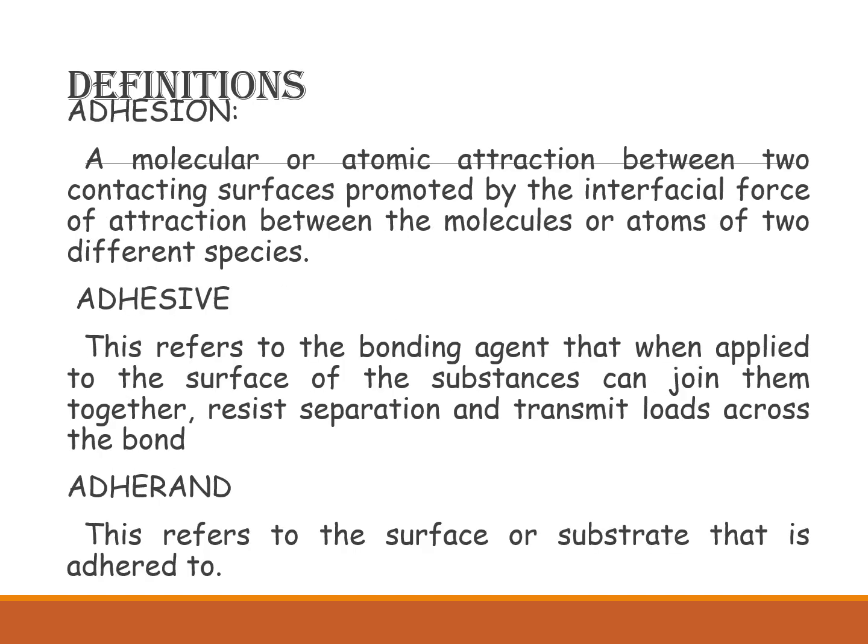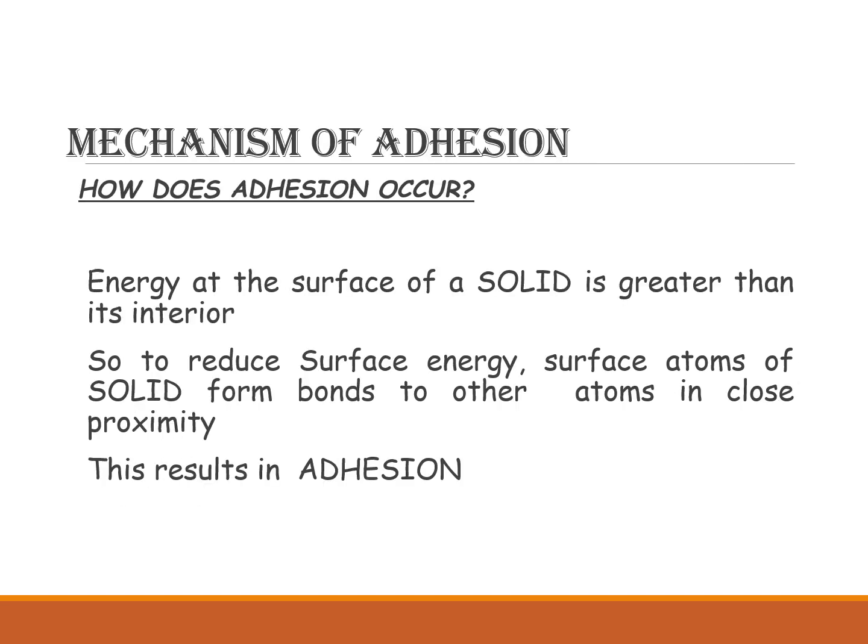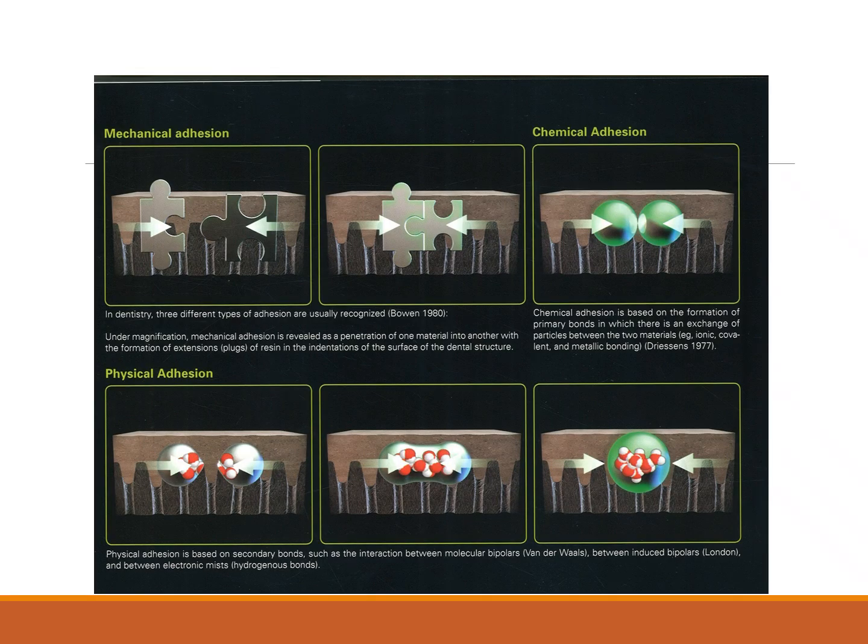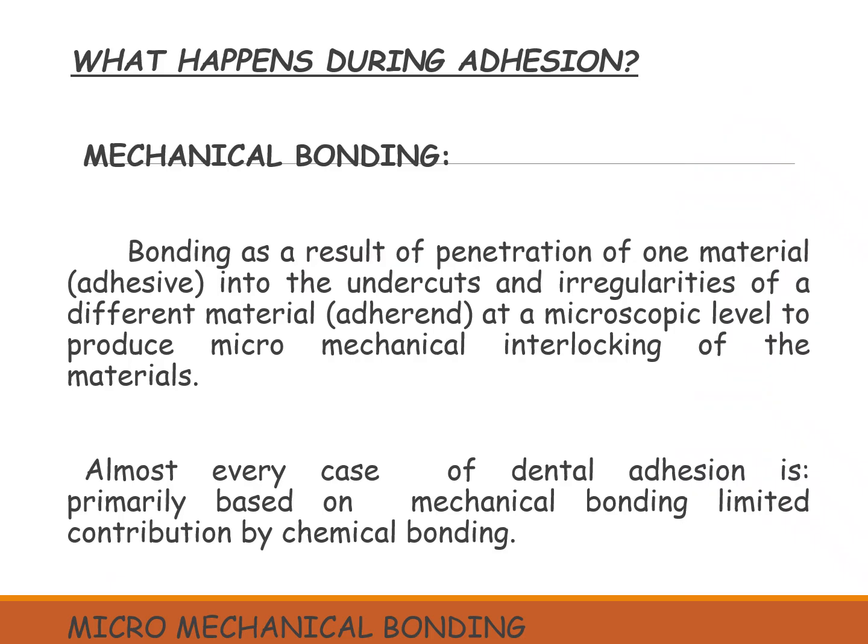Now, we are not going to discuss in detail about adhesion, adhesive, and adherent. Those are the definitions, however, please take note. For mechanical bonding, however, we will have to understand what bonding is. Bonding is a result of penetration of one material into the undercuts or irregularities of a different material. The material which penetrates is the adhesive, and the material into which it penetrates, that substrate,